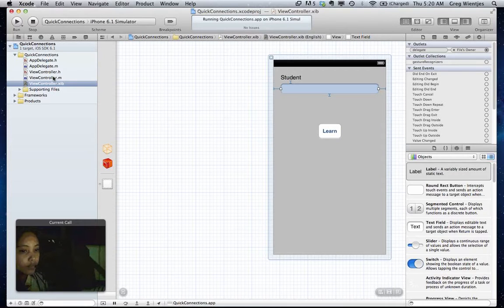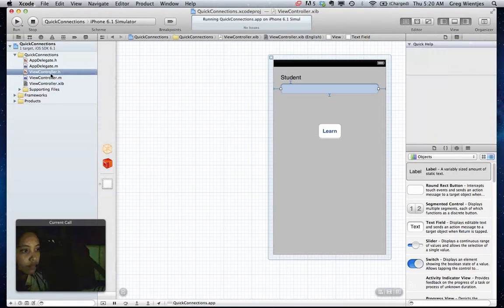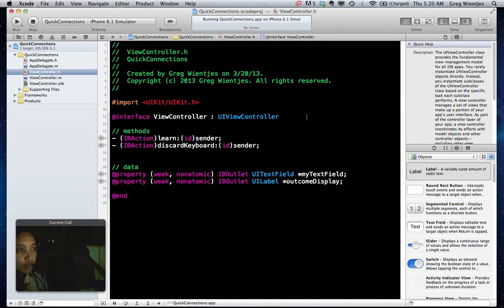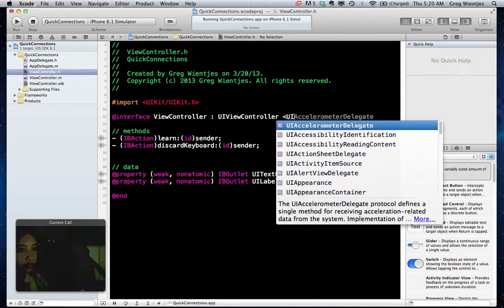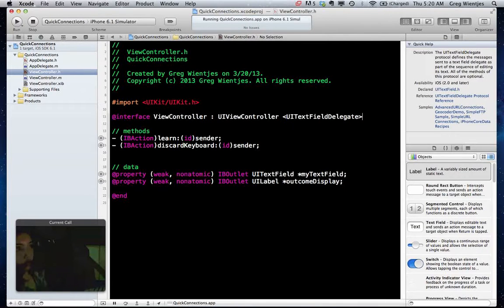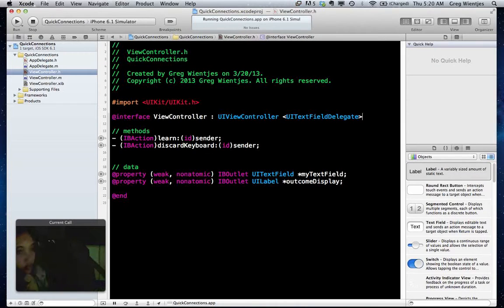Now, let's go ahead and modify the header file of the view controller so that it knows. It's sort of saying, hey guys, here's the rules. The rules are in the UI text field delegate,